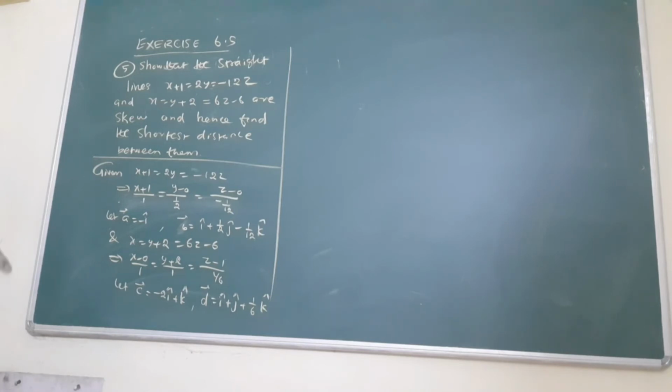Point of intersection is being asked, what is the meaning? You will find the x value, y value. Points mean x comma y comma z. By using this equation you will find the point x1, y1, z1 and x2, y2, z2. In this way I want to assume, but here a vector, b vector, c vector, d vector. Now write the formula and find one by one.